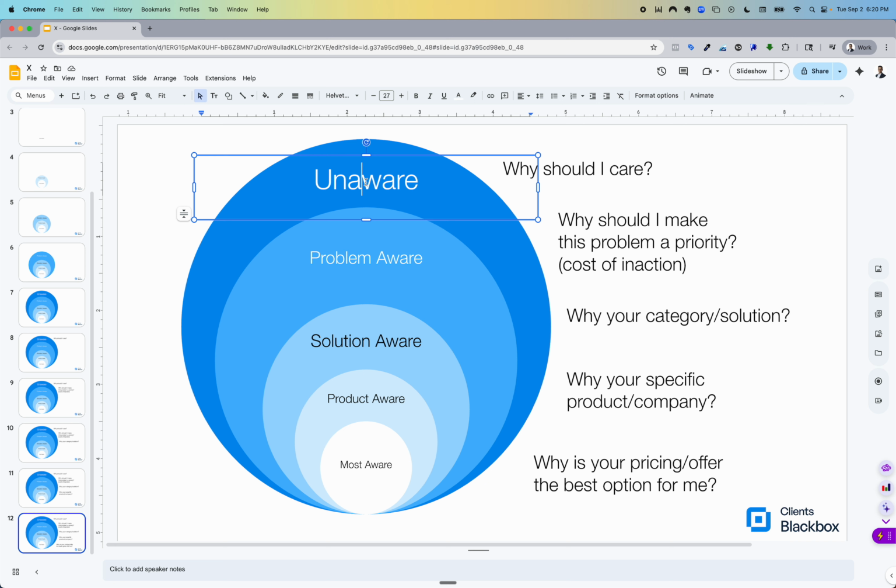If you've seen the CFP ads that a lot of financial advisors have different comments about, if you know what I'm talking about, those are going to the unaware market. They're going after people who might not even know or qualify yet to be a financial advisor or be interested in being a financial advisor. They're showing them a side of the industry that might appeal to them to recruit them to be in the industry.